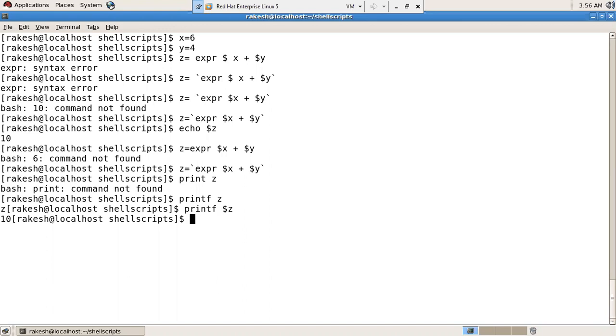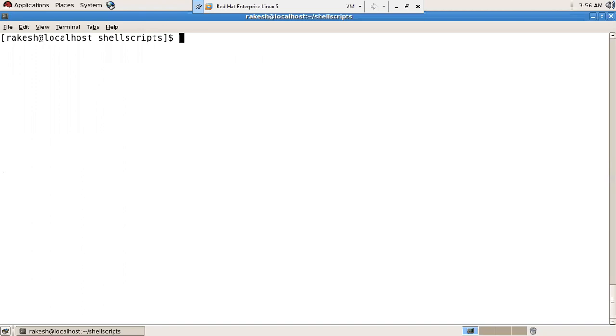Then let's go to the next thing, that is incrementing. So for example, take a variable called A, assign this to 10. Then A equal to, what I'm doing right now is incrementing.